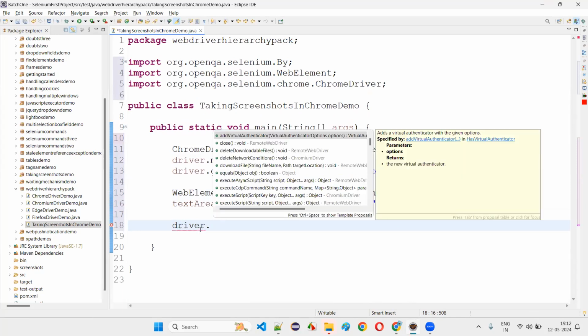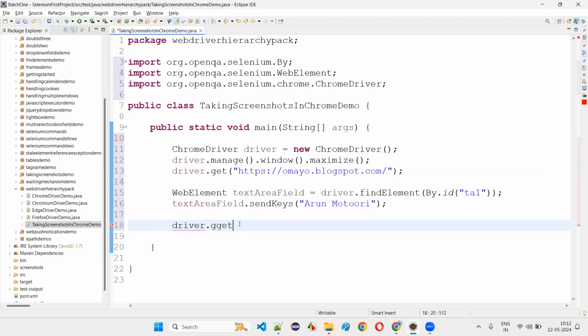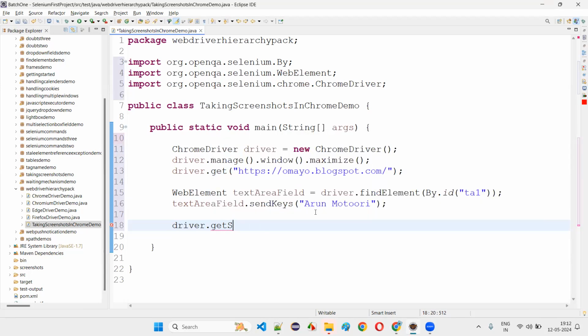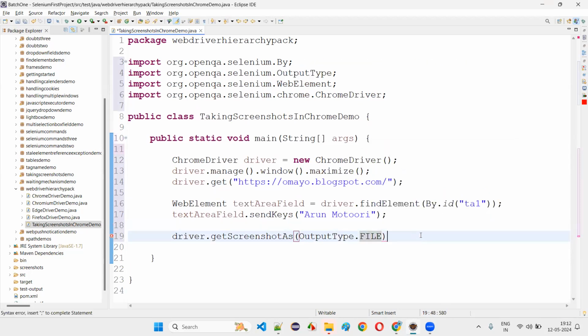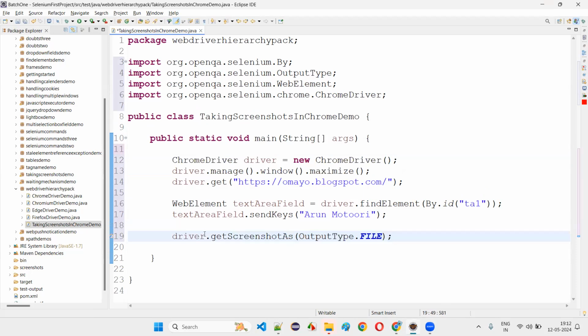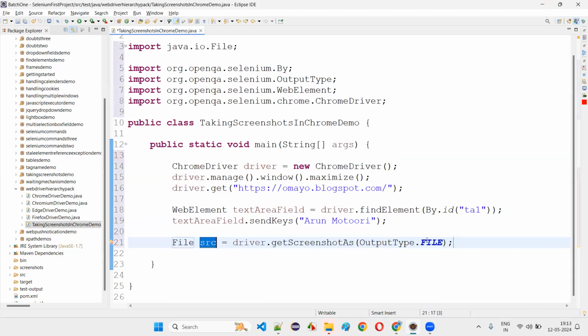Driver dot. What is the method, guys? Driver dot getScreenshotAs. Do I have to typecast anywhere, take screenshot kind of thing, or directly I can say OutputType.FILE. You see how simple the code is. If it is Chrome driver, I can write the code like this: driver.getScreenshotAs(OutputType.FILE). src is equal to, hover the mouse, create file. Now FileHandler dot copy,